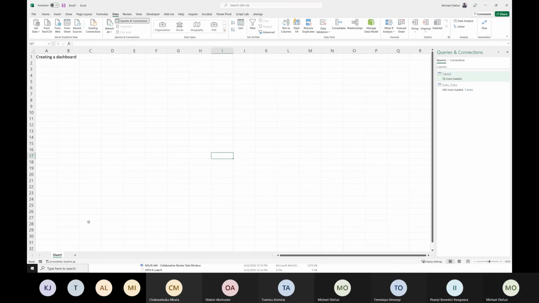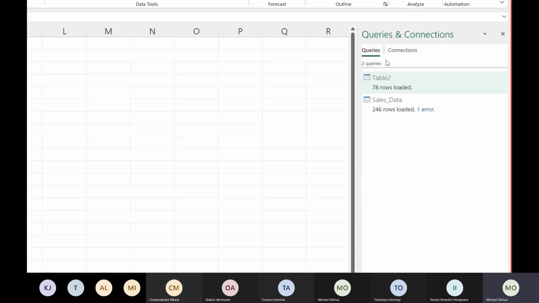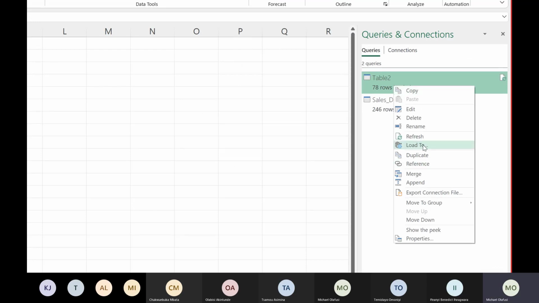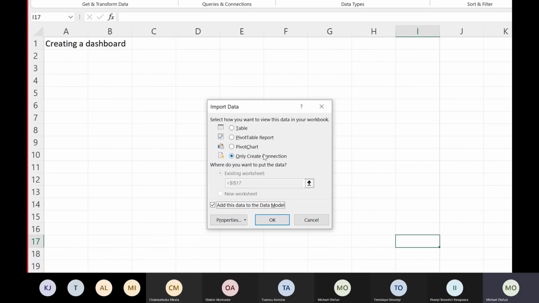Okay. So I think I've changed something about my Excel. So I'm going to say that I want to load this one to somewhere within my sheet, so I want to put it here.